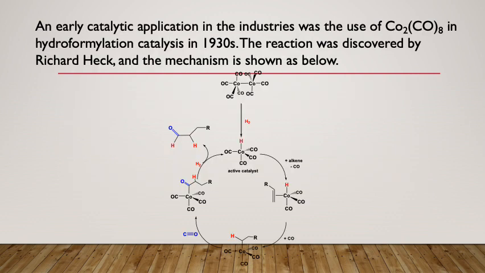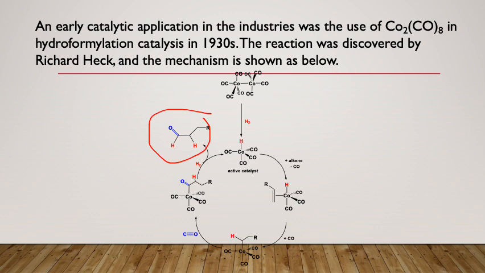And this is an example of the catalytic application of organometallic complexes. You look here, it is dicobalt octacarbonyl for the hydroformylation catalysis, found in the 1930s by Otto Roelen, and the reaction mechanism is shown below. The hydroformylation catalysis is for the production of aldehyde, and it involves 7 steps. The first one is the addition of hydrogen to produce the cobalt